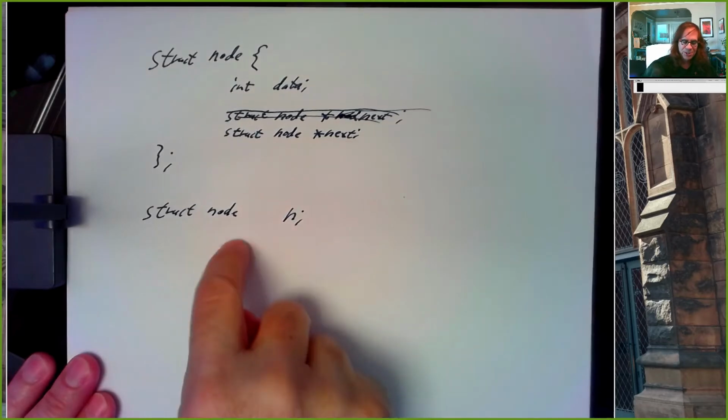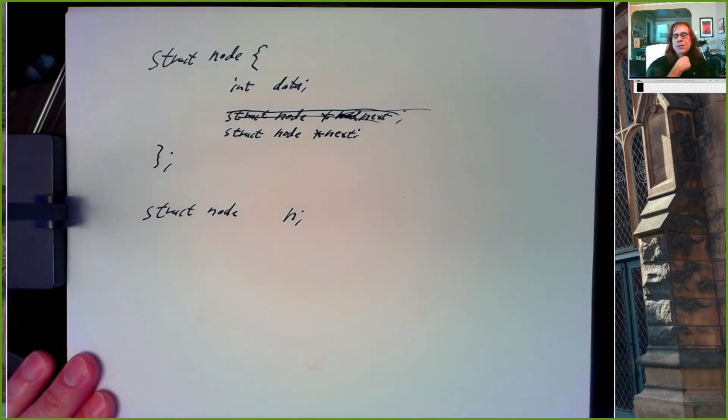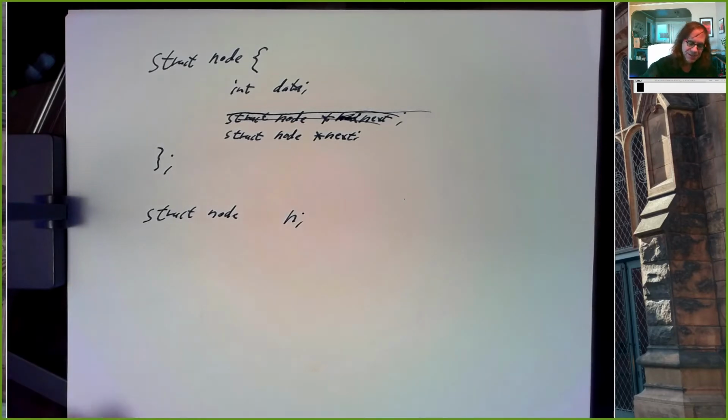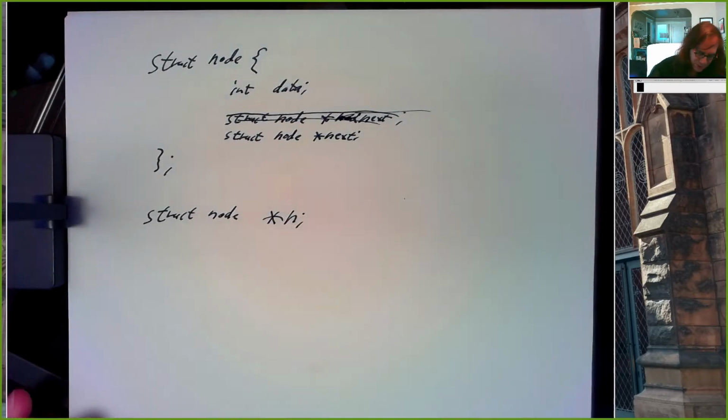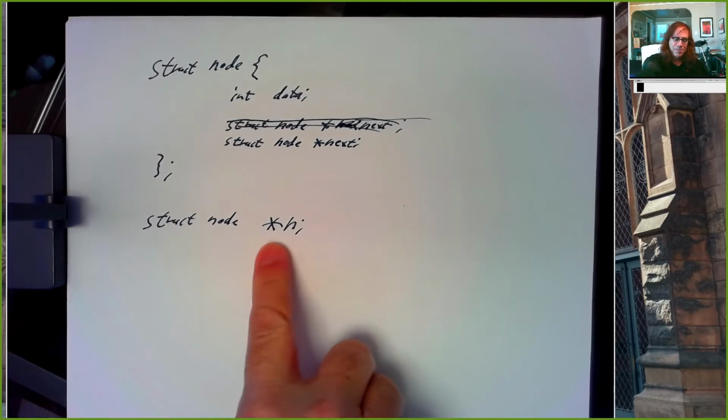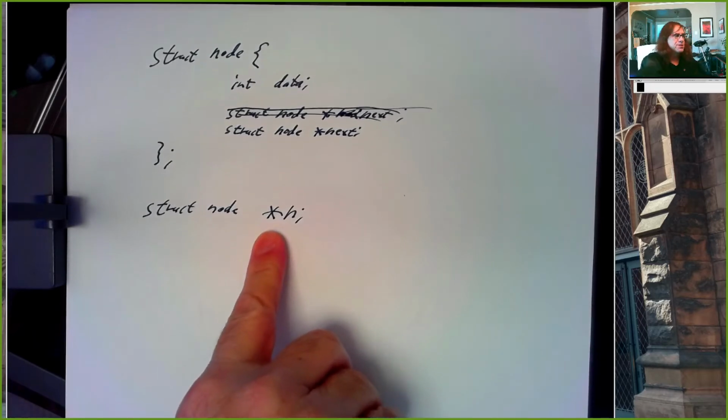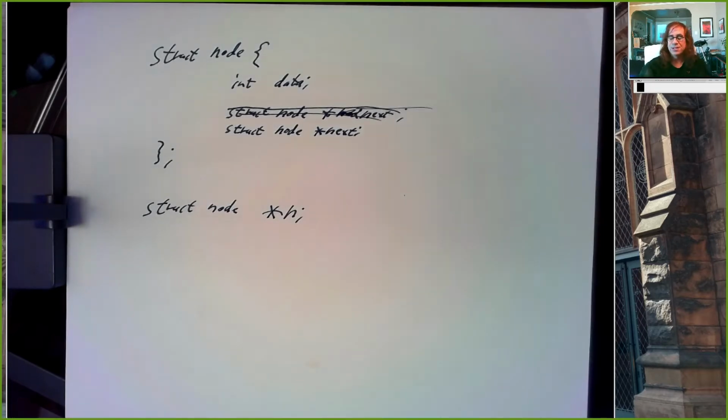This is usually not what we're going to do though, right? Almost always what we're going to want to do is define a pointer to a struct node. And this is going to let us modify where this points, which will be useful when we're manipulating data structures,